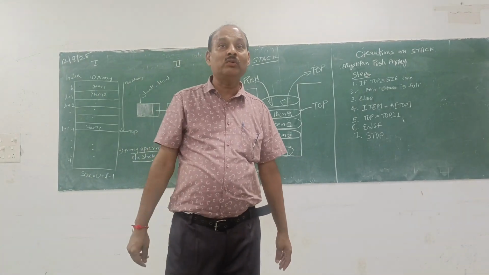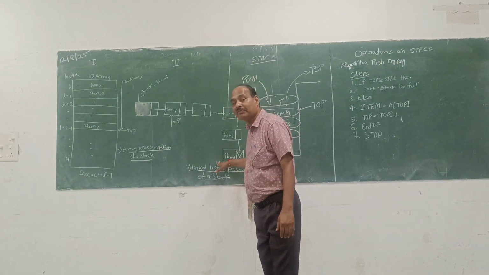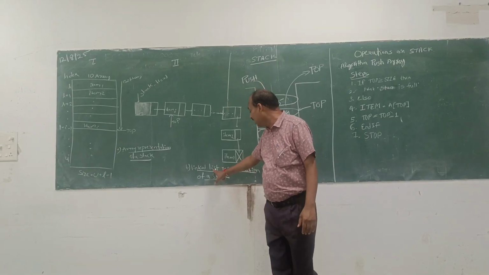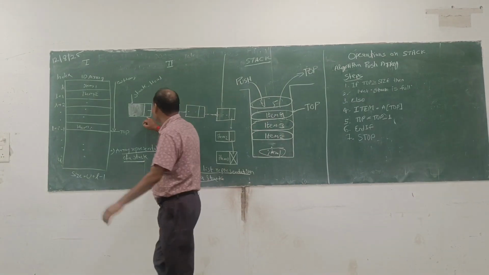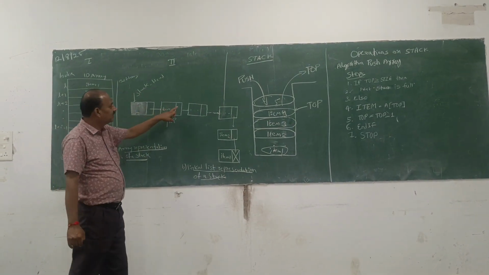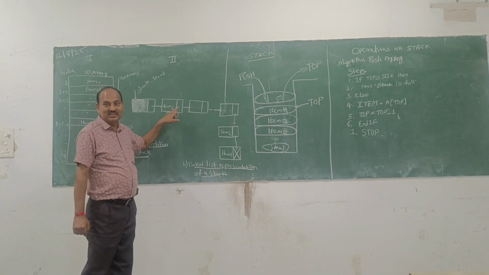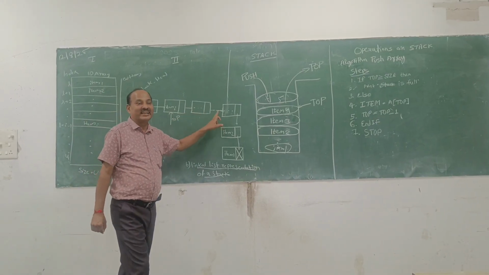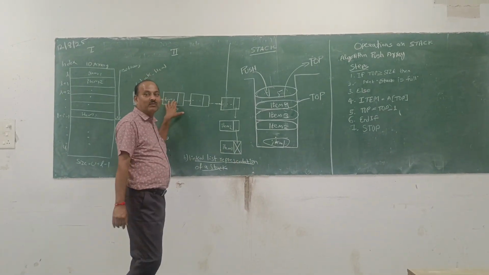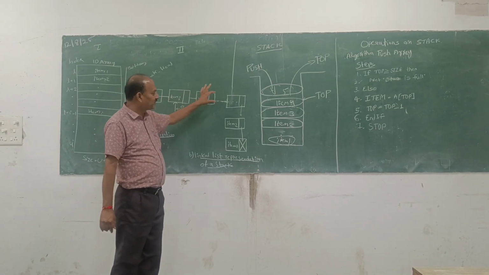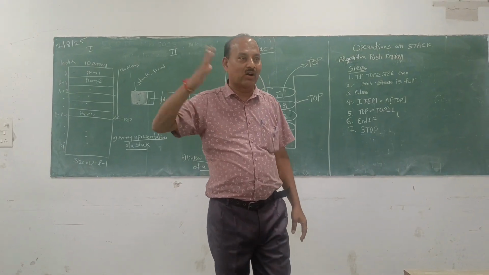But when you want to enter more elements, you have to use the second representation scheme, called the linked list representation, where all items are put and linked throughout. This is called a linked list, like train bogies. You enter the data in the form of items: item 1, 2, 3, 4, 5, 6, 7. So there is no limit. You may extend it as far as your requirement.